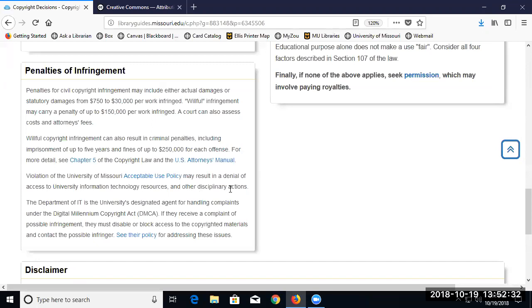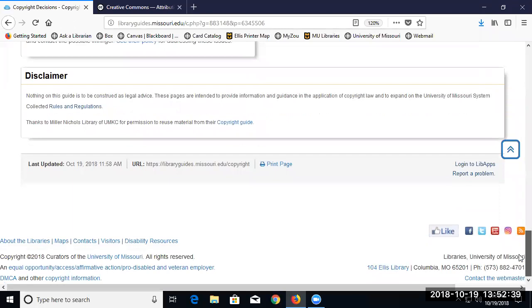So if I post something up that I think is okay, and whoever created that complains to the university, and you'll see on every university page, there is an identifier for the DMCA agent. So each internet service provider has an agent who handles these complaints. And what they have to do to respond, they immediately have to take down whatever has been challenged as infringing. And then there is an appeals process. So they would alert me, we've taken this down, we've had a complaint. I have a chance to appeal that and say, oh no, I thought that was fair use. So it kind of keeps it out of the courts. There's sort of a negotiated adjudication of that.